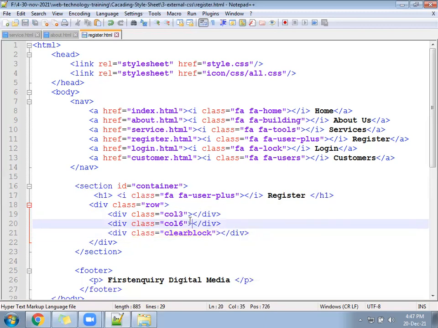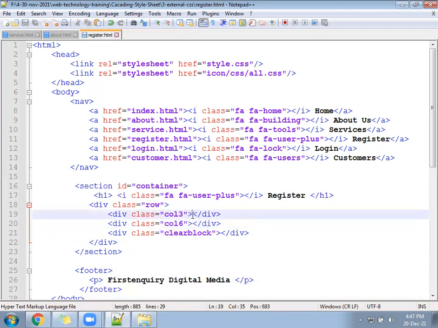Once we write float left, then clear block becomes compulsory. Without clear block, overlapping will happen.